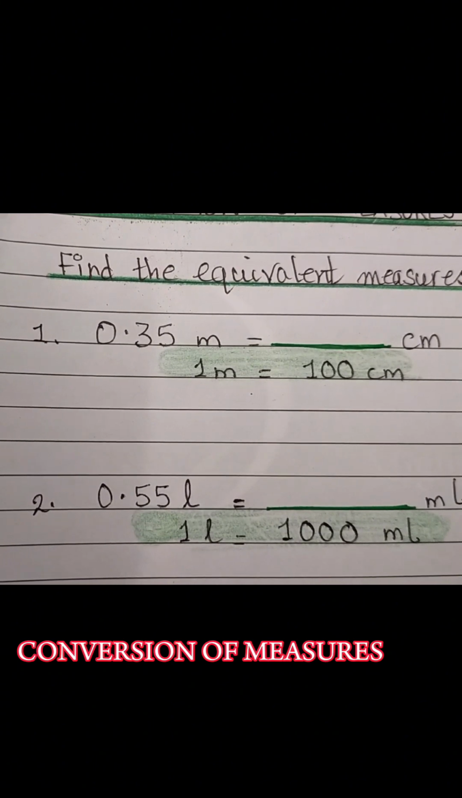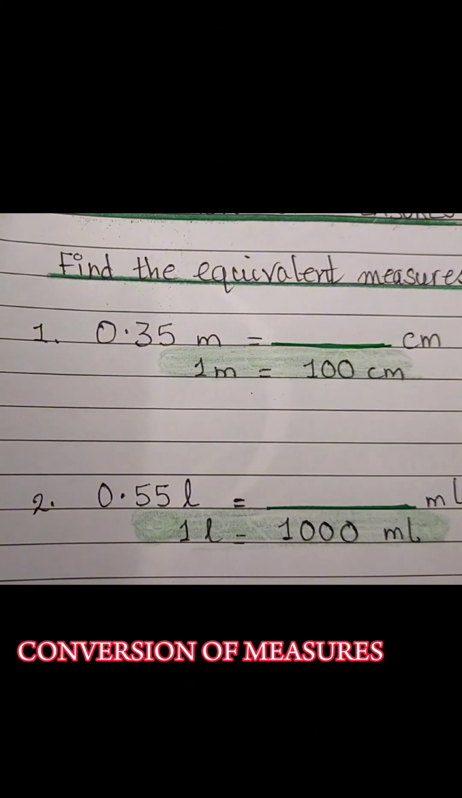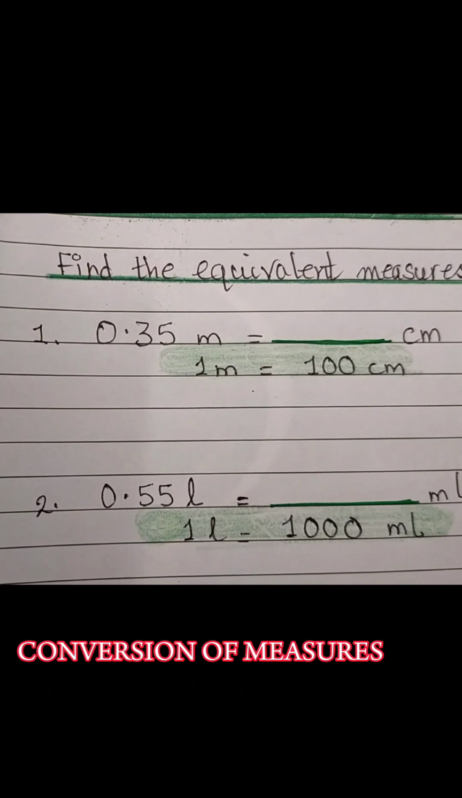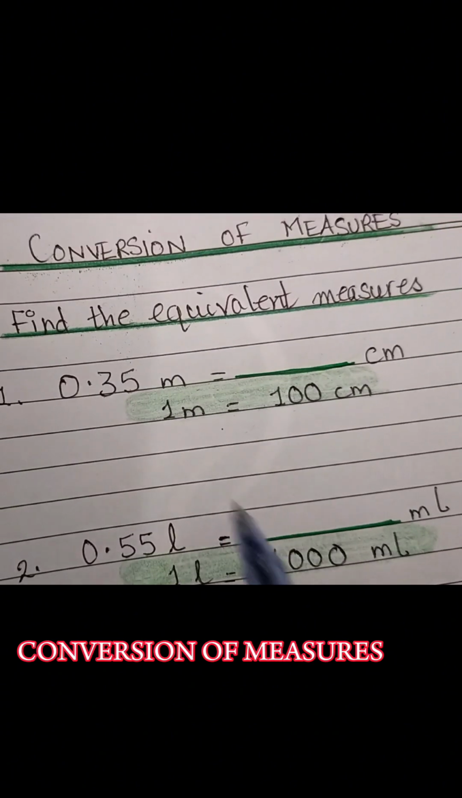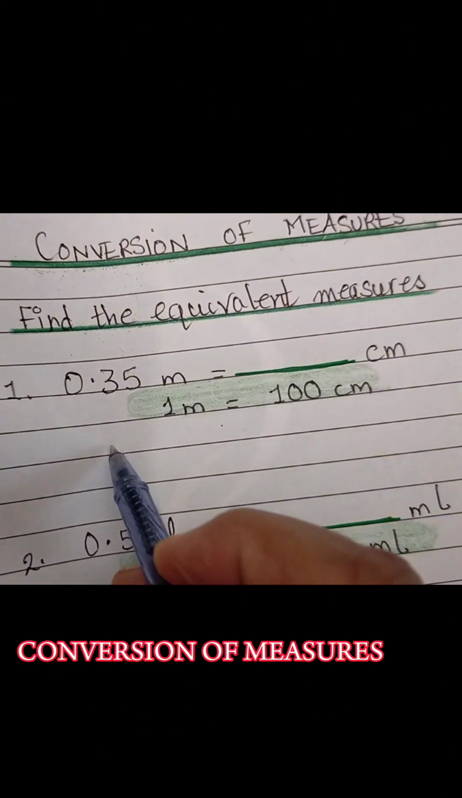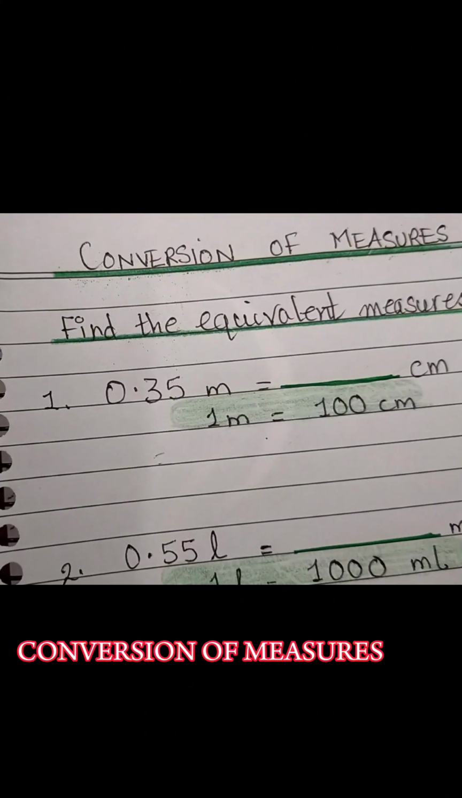It is very simple. Whenever you are asked a question like this, always write down the conversion first. What is 1 meter equal to? It equals to 100 centimeter. So when you are asked to convert meters into centimeters, remember to multiply the figures. I have the question here which says it's equal to,